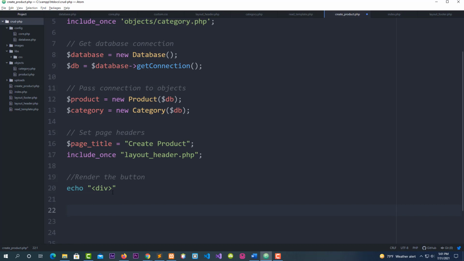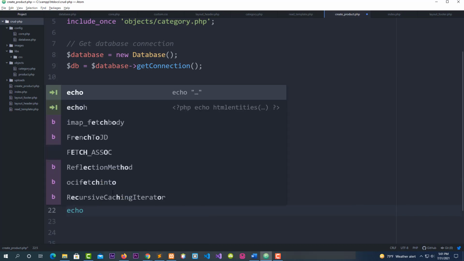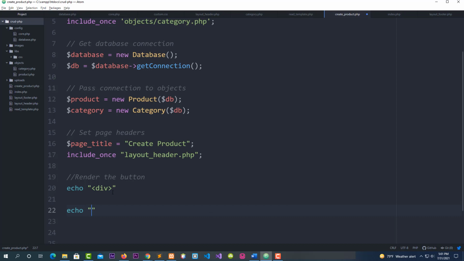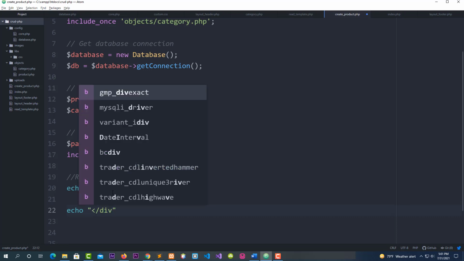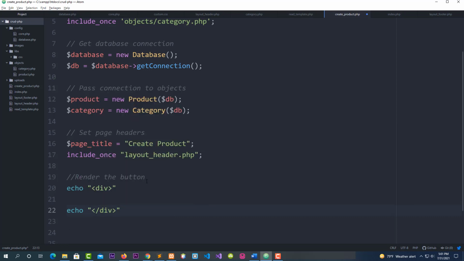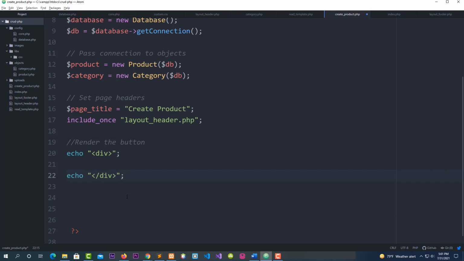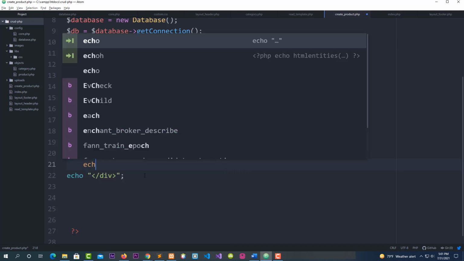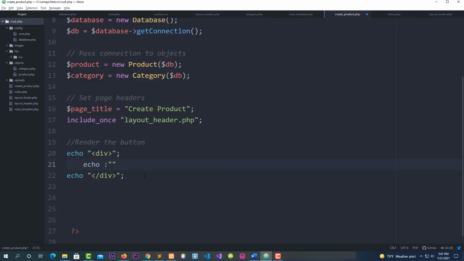I'm going to use this another equal to close it. Okay, I'm going to say equal, and double quote is my closing div. And don't forget to put a semicolon here and put a semicolon here as well. Okay, now to render my button, go inside of these two div. Okay, these two equal, and create another equal like this, and put a double quote, equal double quote, and put